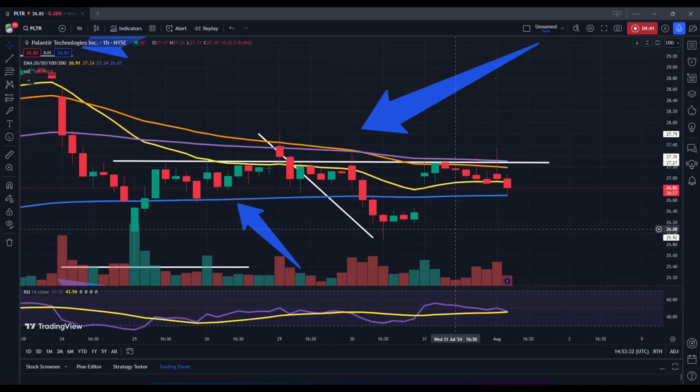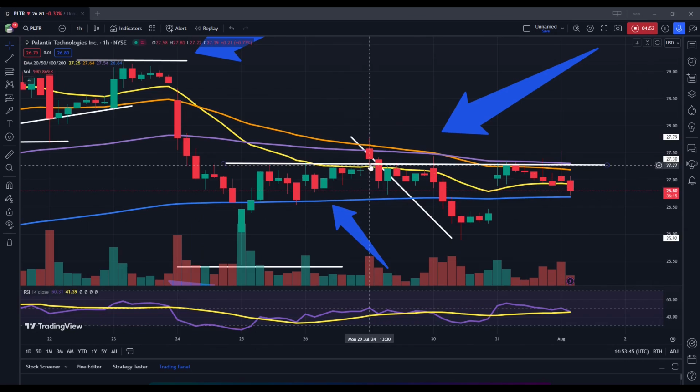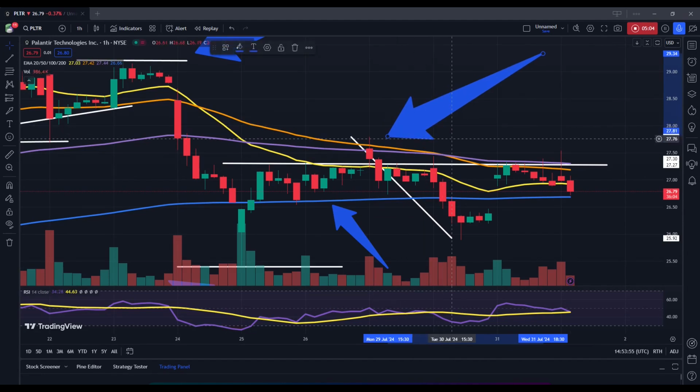So if we were to really zoom in here, we could probably even look at the 15-minute chart. Maybe I'll do that next. But there is a bit of a price gap here. This is the market open, and we can see that share prices did gap higher here to start that trading session. But we did not see an hourly close above this exponential moving average cluster. We did get a small break to the top side here, but this was minimal and relatively short-lived, as we